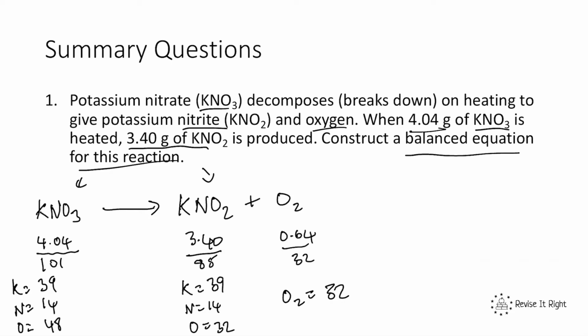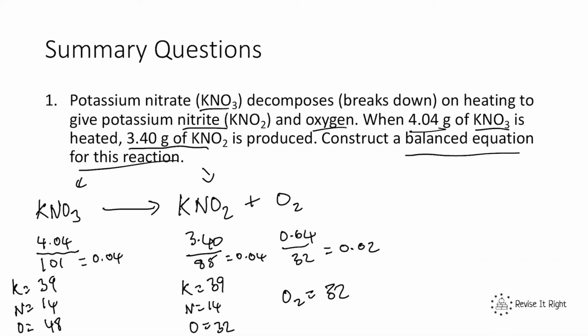We then need to work out our moles by doing moles equals mass over Mr. So the mass is 4.04 here, divided by 101. You pop that in a calculator, you get 0.04. Now we're going to do 3.40 divided by 85. Pop that in a calculator, again you get 0.04. And finally, you want to do 0.64 divided by 32 to work out oxygen, you get 0.02. So that means that 0.04 moles of potassium nitrate forms 0.04 moles of potassium nitrite plus 0.02 moles of